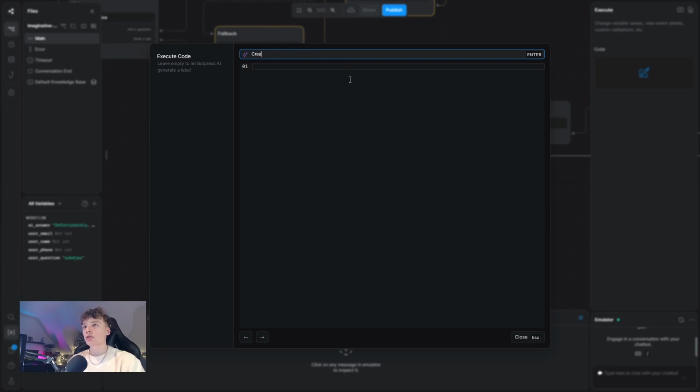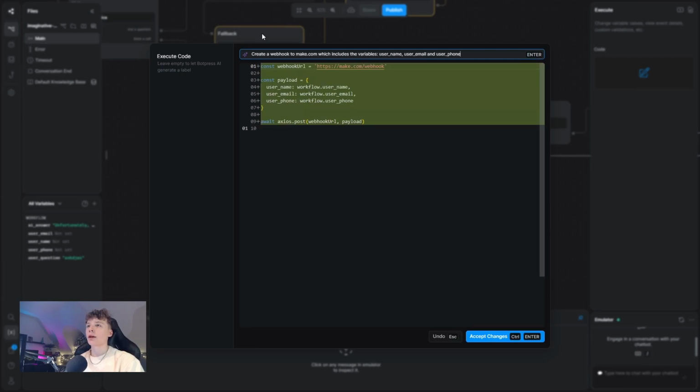So we're going to ask, create a webhook to make.com, which includes the variables user_name, user_email, and user_phone. So here we have the code, so we can just accept the changes by pressing this blue button here